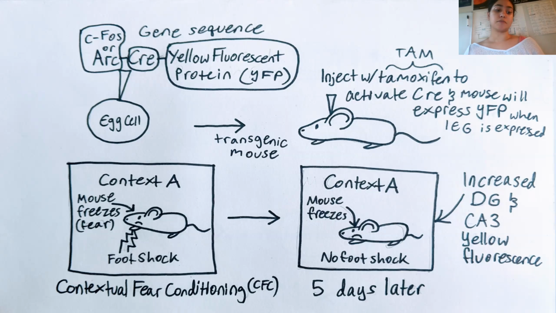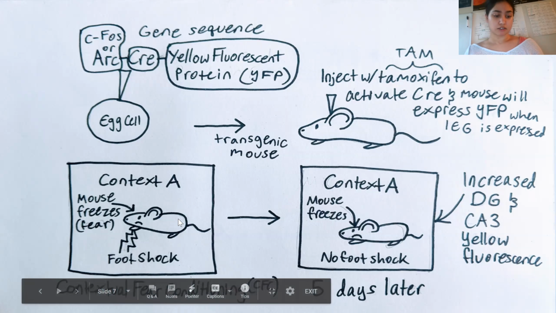And so the experimenters began by creating a transgenic line, where genetic material is inherited by offspring naturally, of mice that had genes for both enhanced yellow fluorescent protein, EYFP, as well as a specific gene sequence which would cause cells that are immunoreactive for the immediate early gene ARC to express Cre recombinase, which we learned about in the previous class, and which would then be able to activate the yellow fluorescent protein after the mouse is injected with tamoxifen. By doing this, the experimenters were able to have mice whose ARC expressing neurons would be easily identifiable as